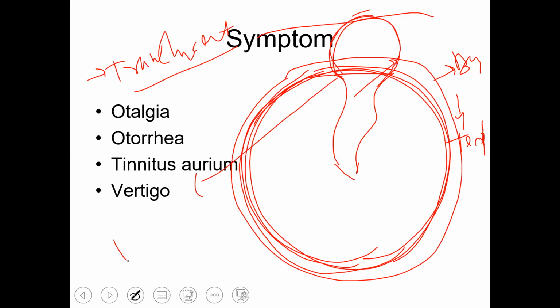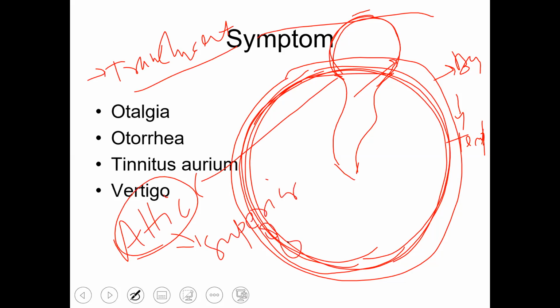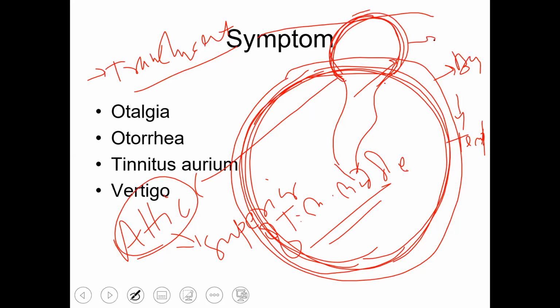The word attic is very important in otology. Attic means the superior part, whether of the tympanic membrane or the middle ear; anything that lies in the roof is attic. So the head of the malleus lies in the attic segment of the middle ear. Behind this will be the incus, and then the smallest bone of the body, which is called the stapes.